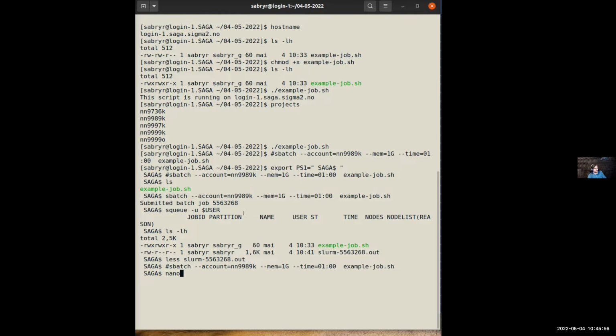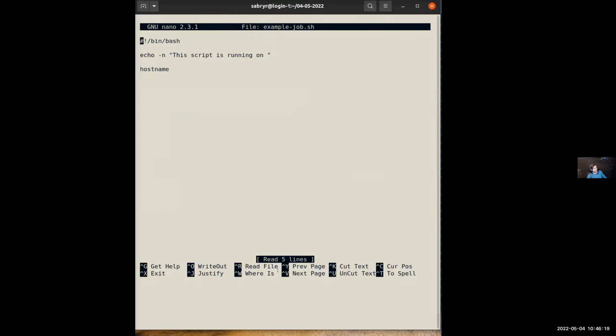Okay. So what I do is I'll open the file again, example, and then give me a second. Okay. So I'm going to open the file again, and I'm going to try to include these things more or less with the script itself. So when I opened it with Nano, it opened the previous file.